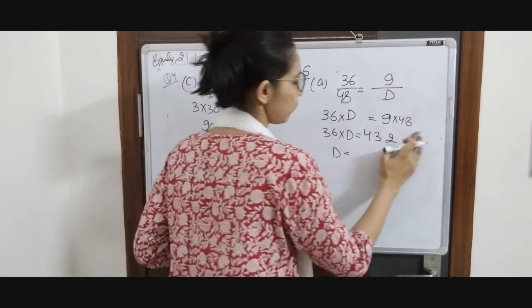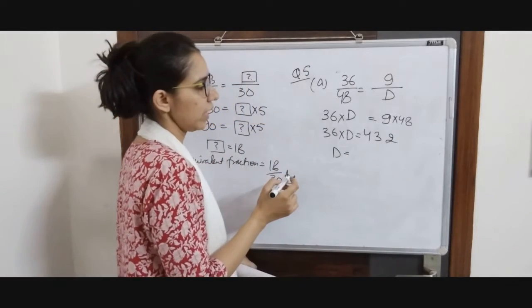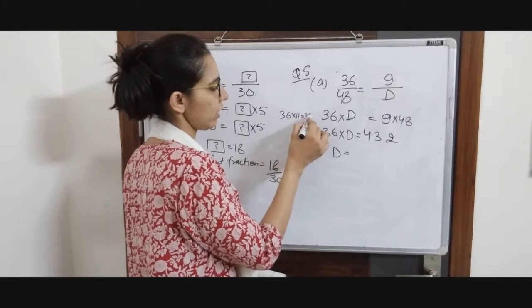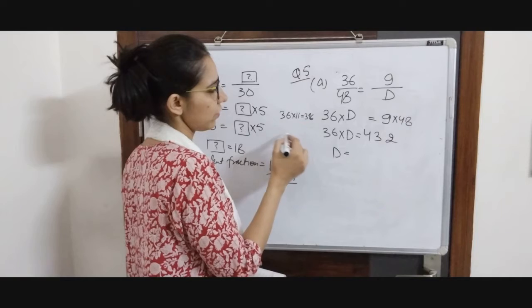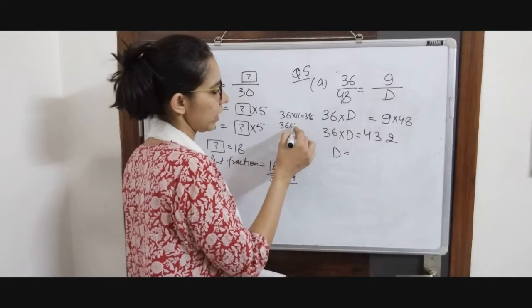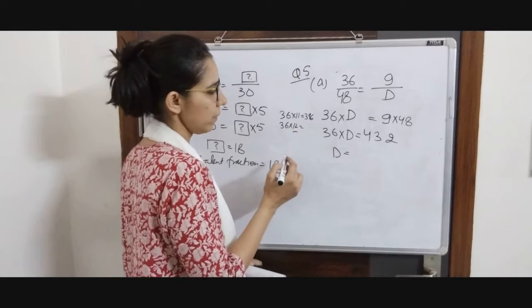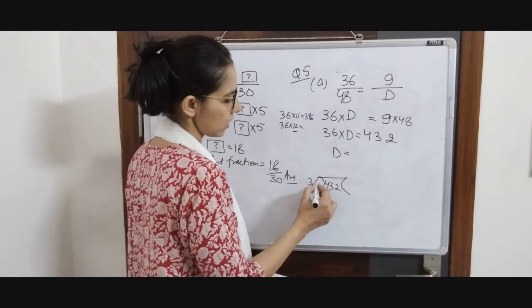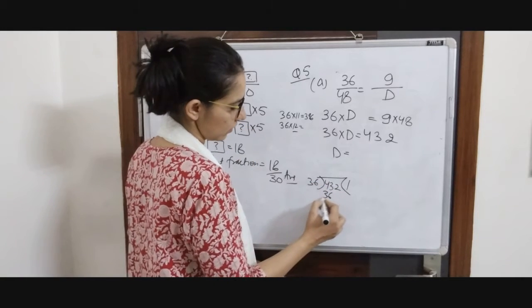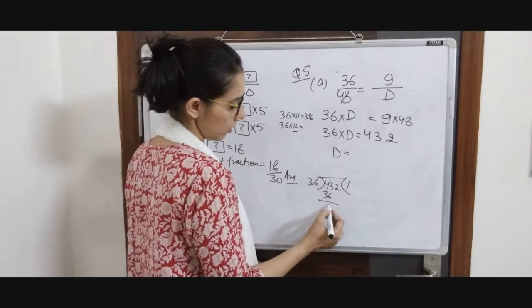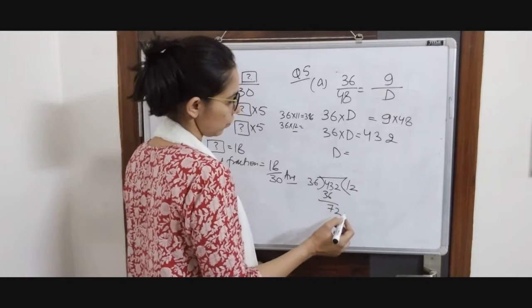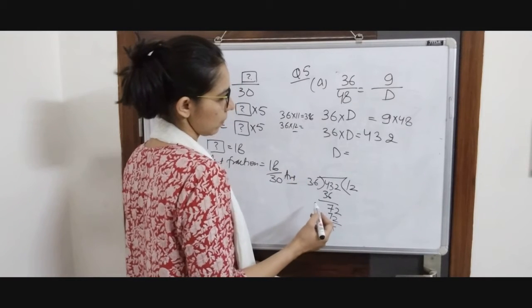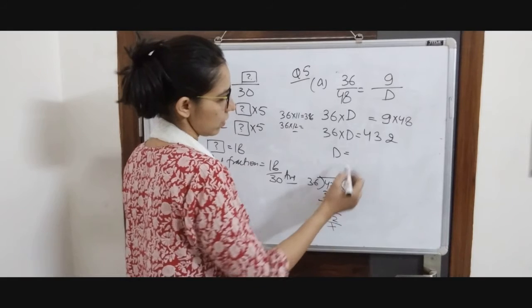You can find out either by trial and error method, in which you will multiply 36 by 11. You will find out it is coming out to be 396. Then you will find out another number, suppose 36 into 12, and so on, and you will get the number. Okay, or you can simply divide your 432 by 36, and you will get that it is 12. So 36 into 12 is going to be your 432.